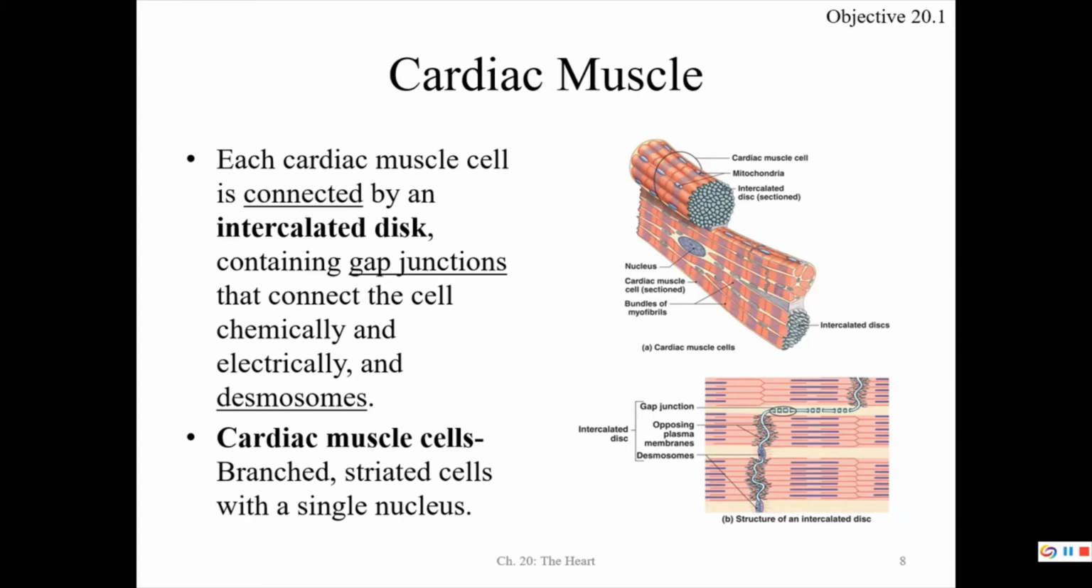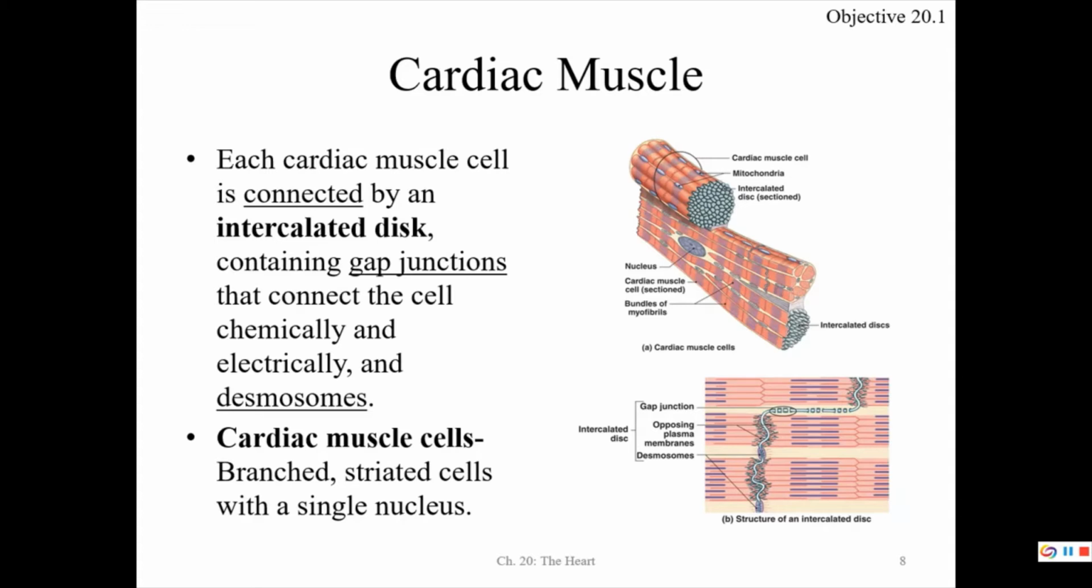We can chemically and electrically connect using these gap junctions found inside and pass ions through them, and also using desmosomes as a type of intercellular connection. We talked about intercellular connections in A&P 1, that they can hold the cells together and then chemically and electrically connect them so that they are able to be in unison. And we talked about that, how they had